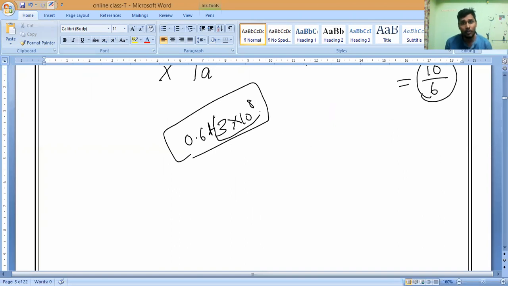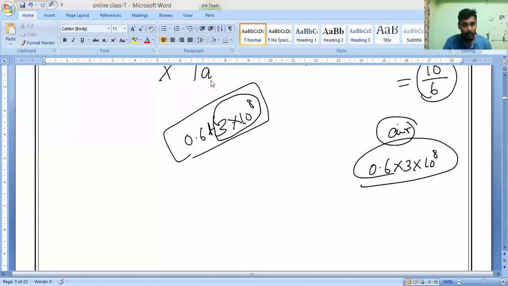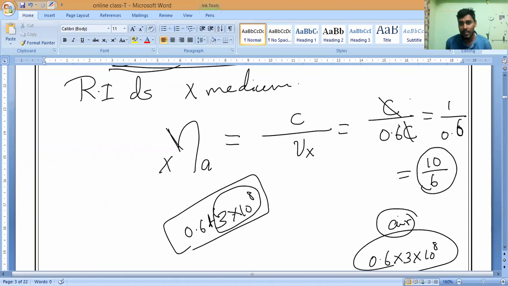Ordinary people will take this value and say, oh, sir said 0.6 times of C, so we have to multiply 0.6 into 3 into 10 power 8. Like that, they will do multiplication and go for a long process. So it is no need for us. There is no importance to it. Do you understand? Who asked that question? Are you clear? Yes, sir. So we can directly cancel C and C and do that.